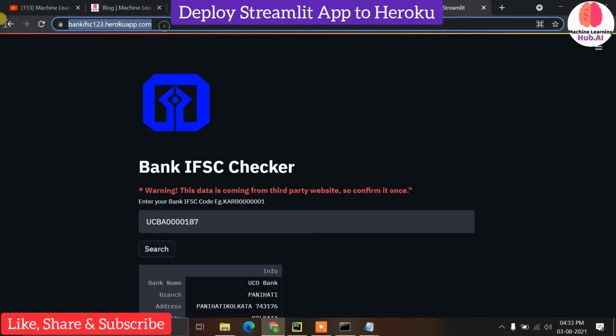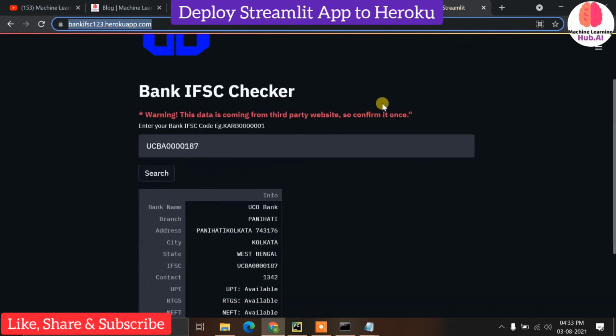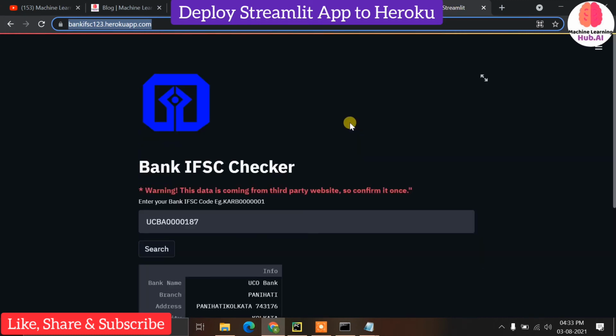So you can see how you can deploy your Streamlit application to Heroku for free. You don't need to go with anything else. Heroku is very easy, and it is very useful if you want to create and deploy your application. But there is some limitation in Heroku. If you don't know, you cannot host more than 5 sites, but still you can host your 5 sites on Heroku. Otherwise you need to have the premium plan.